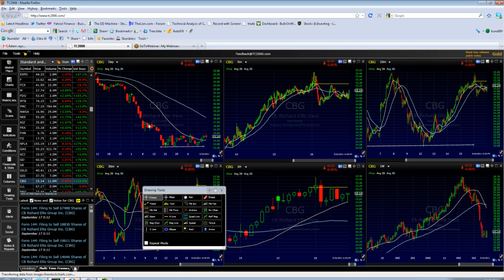Break, hit resistance, pull back to the bottom, bounce into resistance, pull back to the bottom, bounce into resistance, pull back to the bottom, bounce into resistance, now starting to pull back. The better part about something like this is the 20 day coming down and serving as support, so maybe it won't go all the way back to the bottom of the range. 15.50, and then tries to bounce, so it's not so extended on the 3-day candles. It seems like these couple day bounces tend to fail. And so if we can go maybe sideways or something like that, or you know what, even if it just feels like taking it out, sometimes you don't get the ideal setup where you can get a base and then go. Maybe it just takes out this